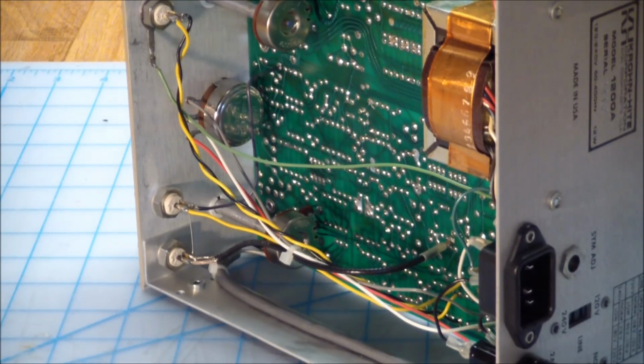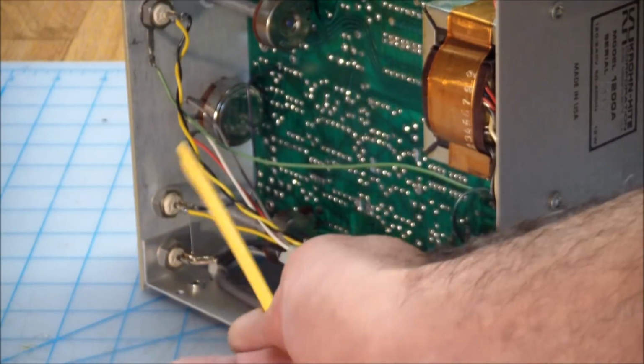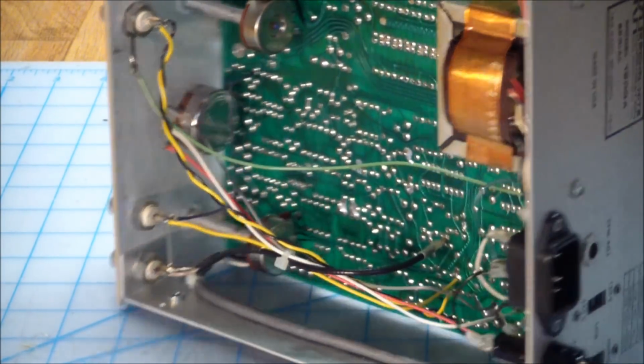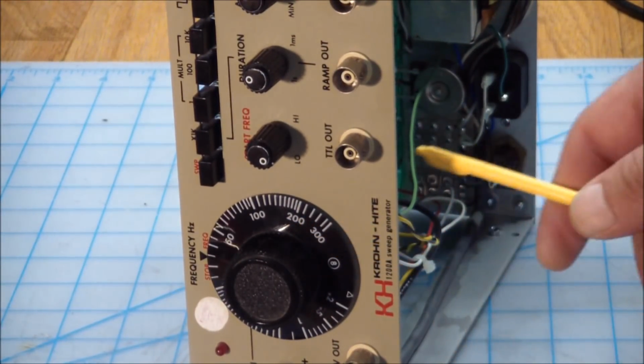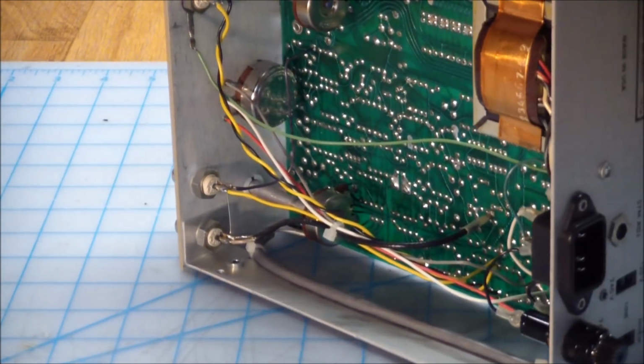So what that means is obviously when they're new, they're sealed, they're not supposed to get any dirt inside them and work forever. They still have carbon tracks on them, you can wear them out, but dirt shouldn't be an issue. But the way dirt is, it makes its way in. It's not perfectly sealed back here, and the shaft, I mean where the shaft meets the body of the pot, dirt can practically get in there,